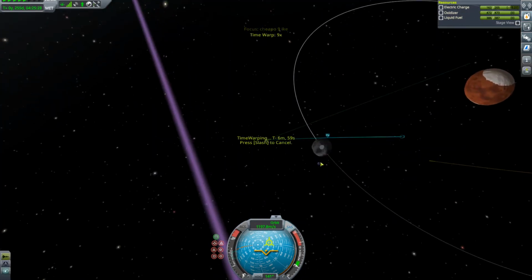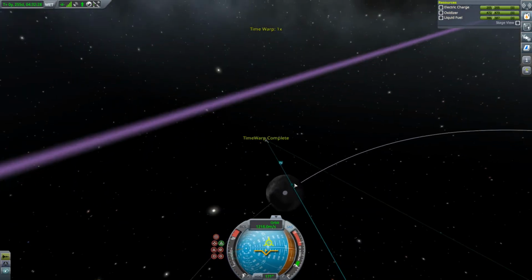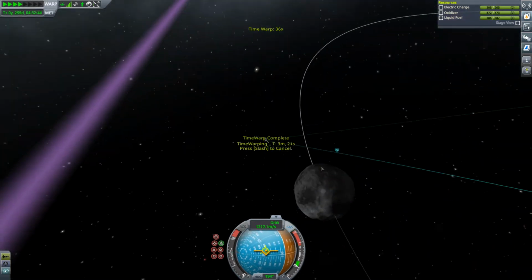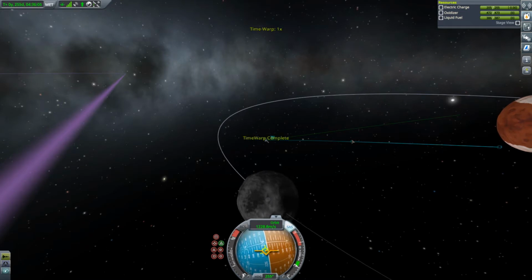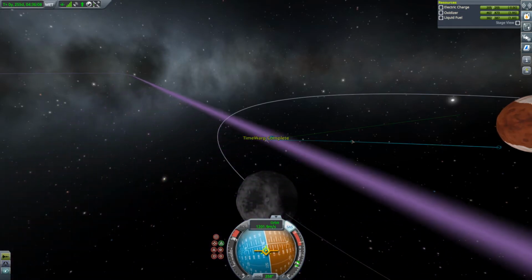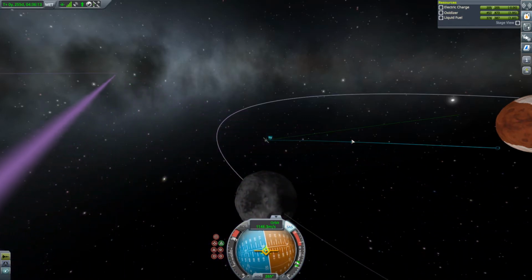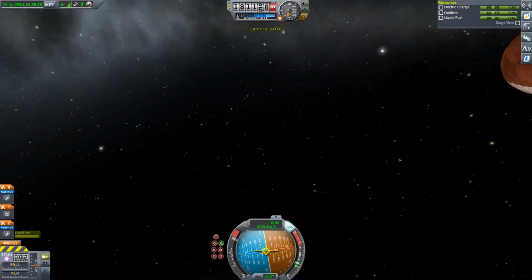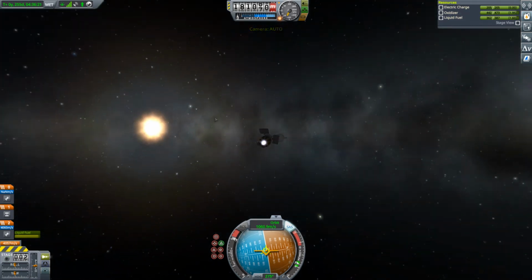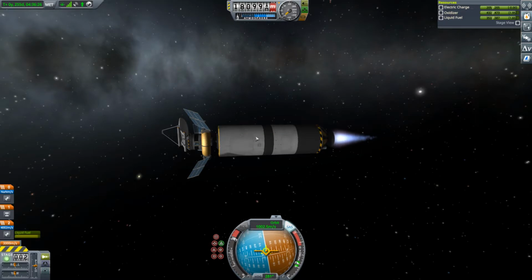And so I want to make sure that I have both the sun for my solar panels and a relay. And so I'm going to circularize. I have plenty of sun and relay to do that. And then I just need to time warp a little bit until my landing is going to be while I'm in the sun and have connectivity to my relay. Because I think that I probably can hit from here back to Kerbin direct. But I prefer